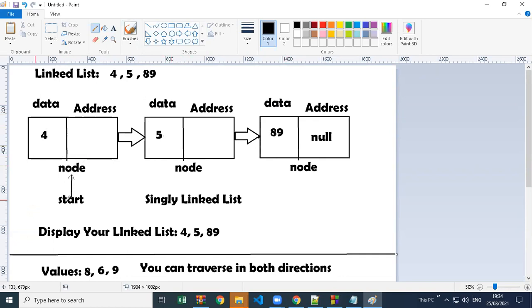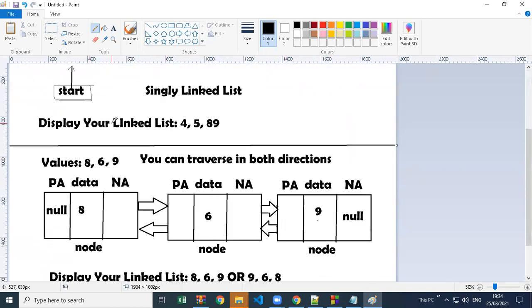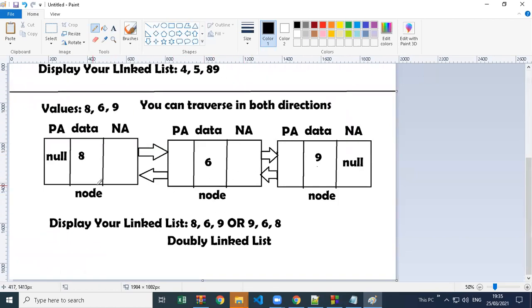Okay, because in a singly linked list we have the option to start only from the first block, first memory, because we create one variable called start, which represents the first node, and from there you can go to other nodes. You cannot start from the middle here, because you can see there is no indexing given here, 0, 1, 2, 3 index. So similarly here, if you want to start, you can start from here. This one is the start node, and this one is end.